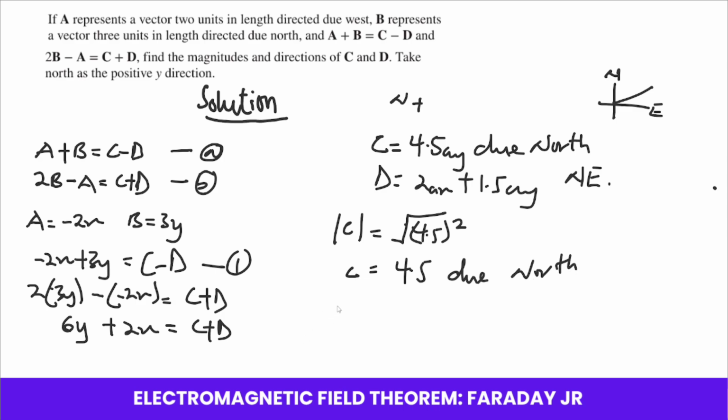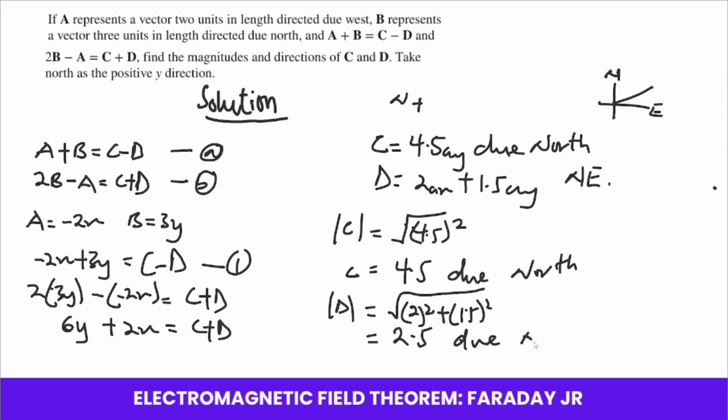That is for C. And the magnitude of D is given as root of 2 squared plus 1.5 all squared. It gives us 2.5,